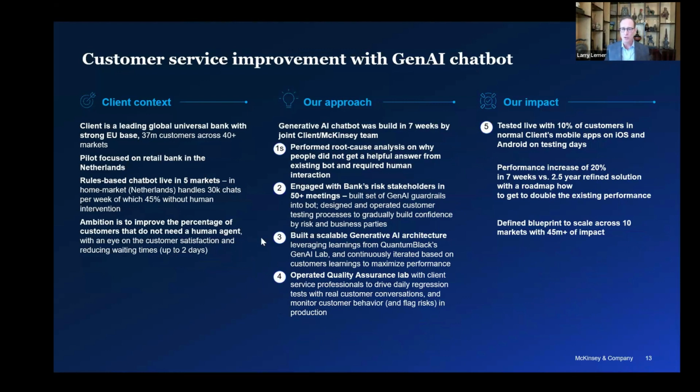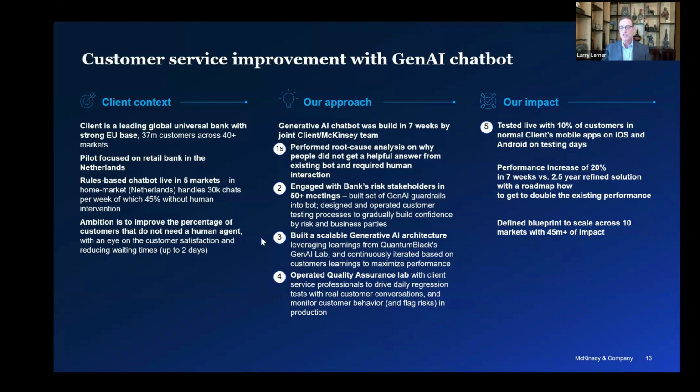In the area of service ops, we're working with a number of institutions. This one in particular has to do with a GenAI-enabled chatbot that was launched in about 7 weeks. That very quickly and seamlessly answers retail customer questions far better than the previous evolutions of the bots that were available. And what was interesting is that the lift that we've seen in terms of customer experience and in terms of the ability of the bank to interact with most customers has been about a lift of 20%. So they're able to serve more customers and do so in a more effective